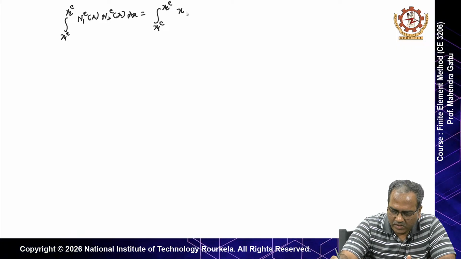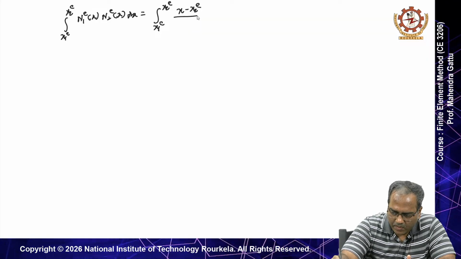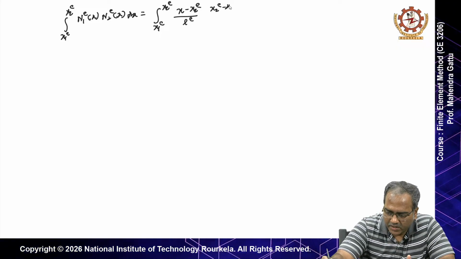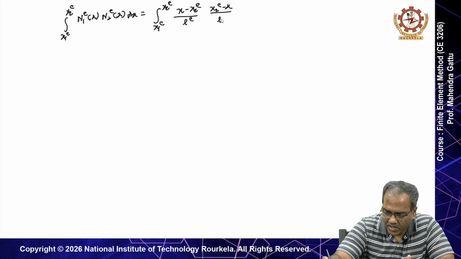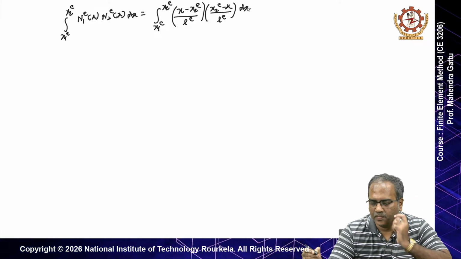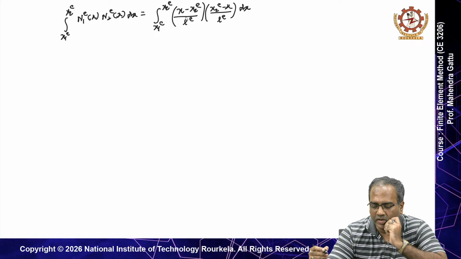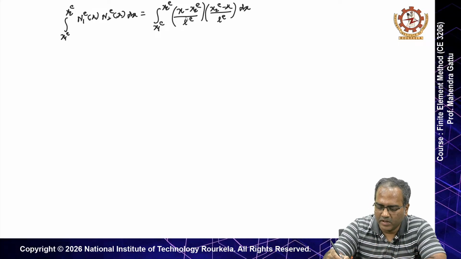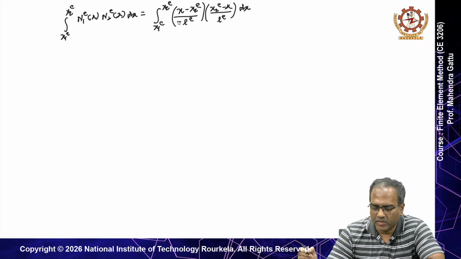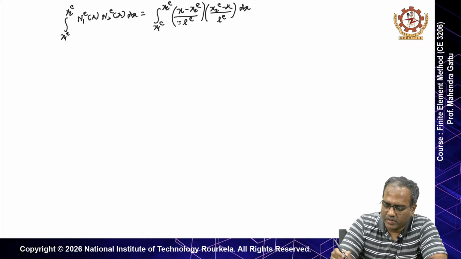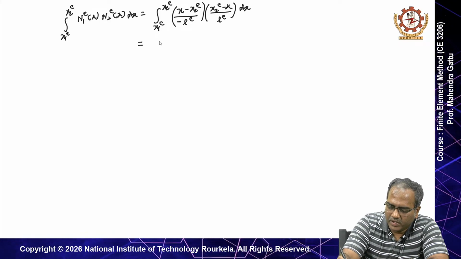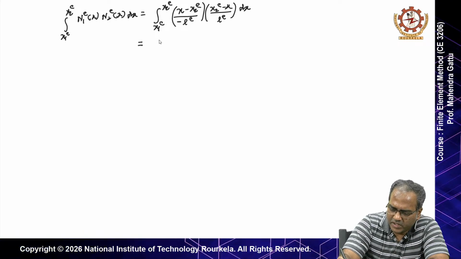So, it will be (x minus x2e) by Le, and it will be (x2e minus x) by Le times dx. So, if you check at x1e, sorry, I think at x1e you should get minus 1. So, yeah, it will be minus here, and here at x2 it will be this. Okay. So, if you do the integral calculation, you will get, I think, the first integral will be